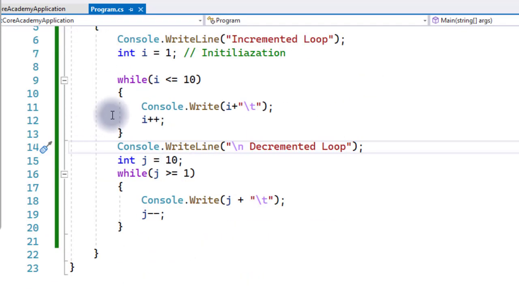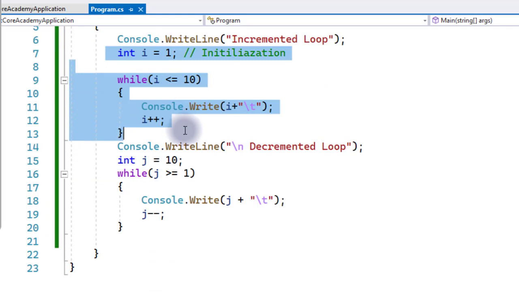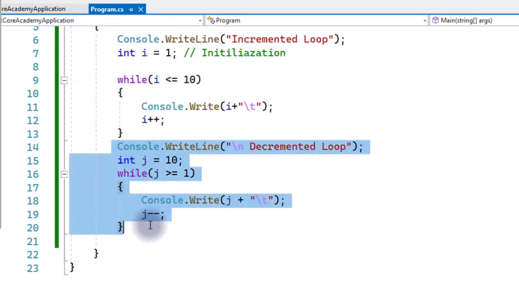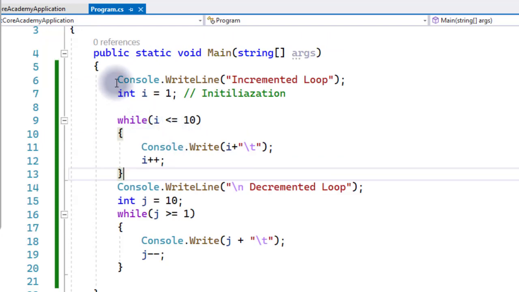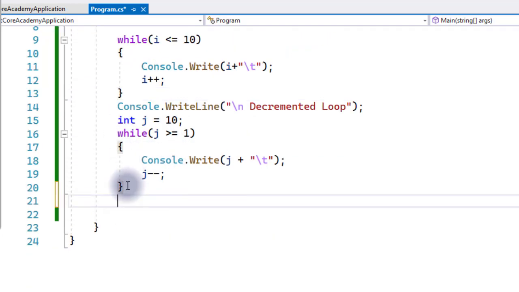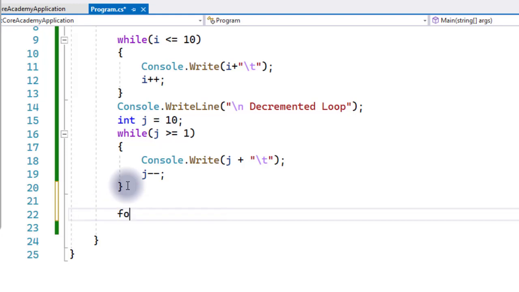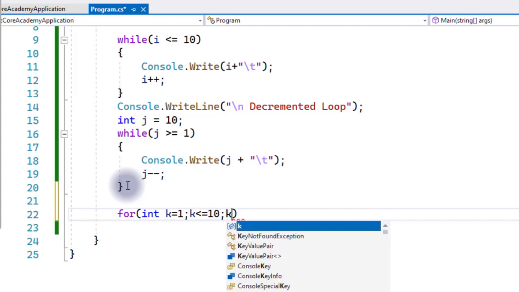So we can create an incremented loop using a while loop, or we can create a decremented loop. In the same way, we have a second type of loop, that is my for loop. In for, again we will initialize the variable k equals to 1, k is less than or equal to 10, and k plus plus.